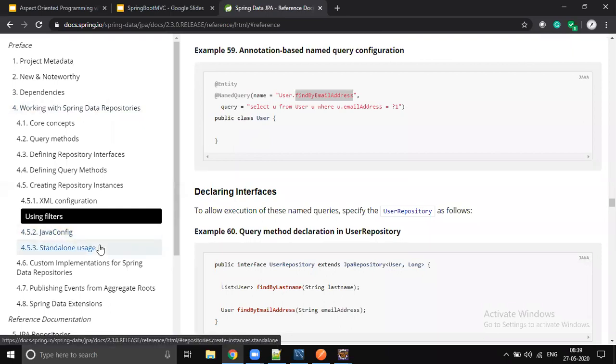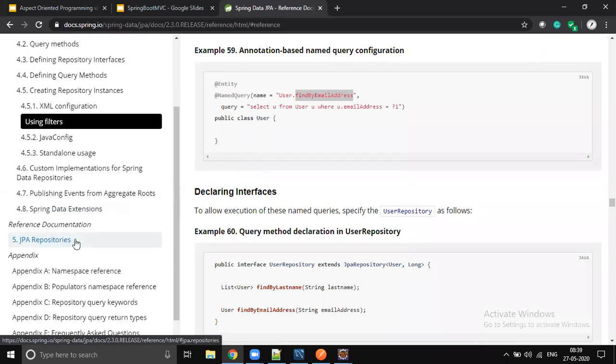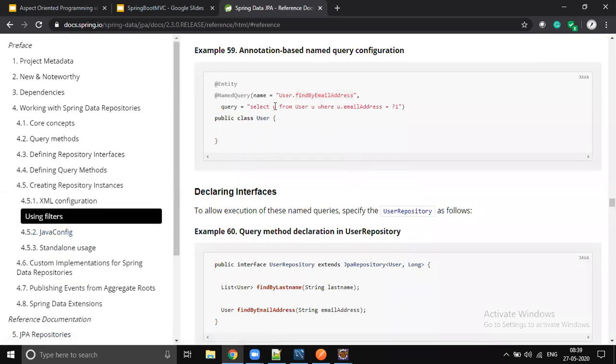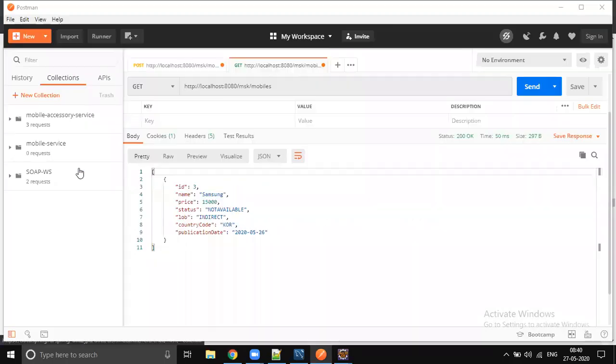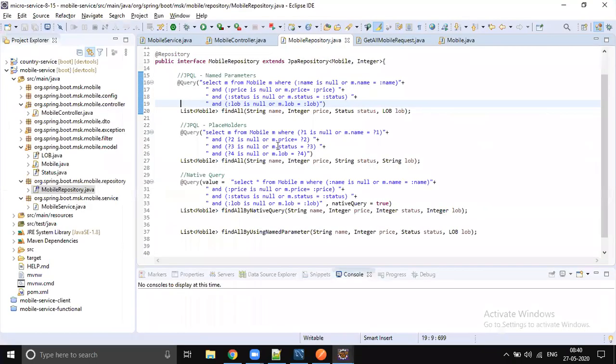If it is filtering data, then go for specifications. If it is not a filter, like select user where email address, this can be done using the find by mechanism also. Don't write a query for these kinds of requirements. For example purposes, we were showing that, right? If it is not find by ID and there are some complicated joins you would like to do, then go for query. It is useful. But when our requirement is some kind of filtering the data, don't use the query. That is not a good practice.